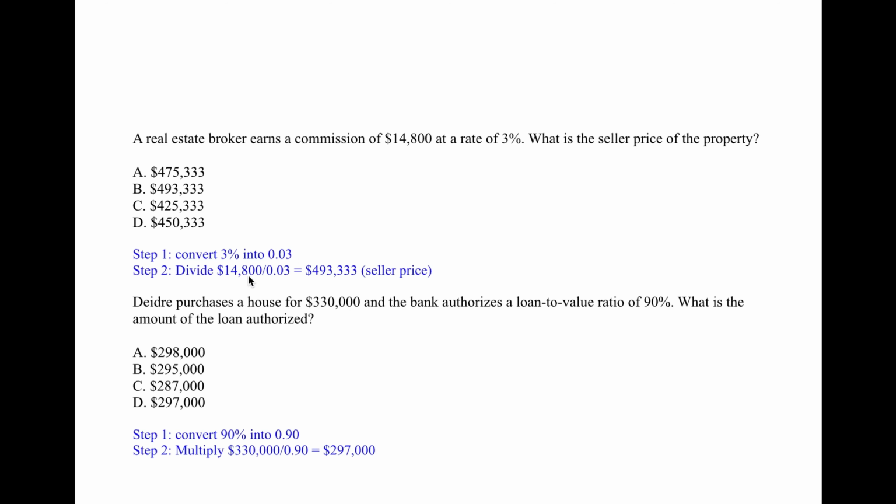Second step, because remember, all the math problems have 2 parts, part 1 and part 2, and you're going to use those 2 parts to give you part 3. So you take the commission and you divide that by the 0.03. The good news is, if you were to mix this up, you will get a super funky number, right? So you would know that the seller price couldn't be like